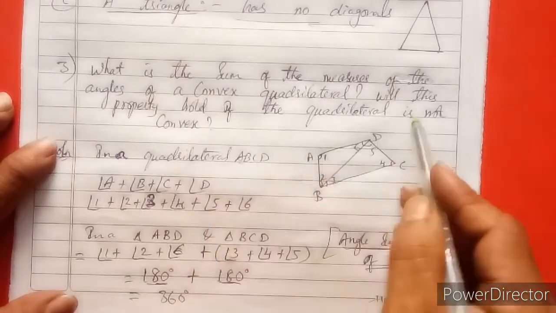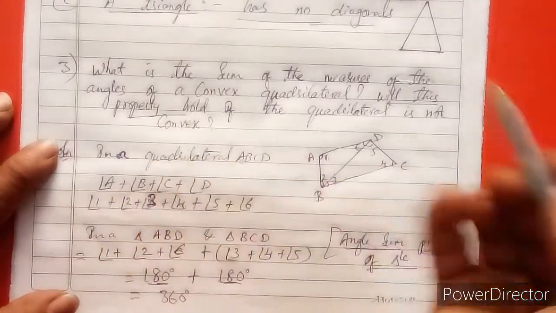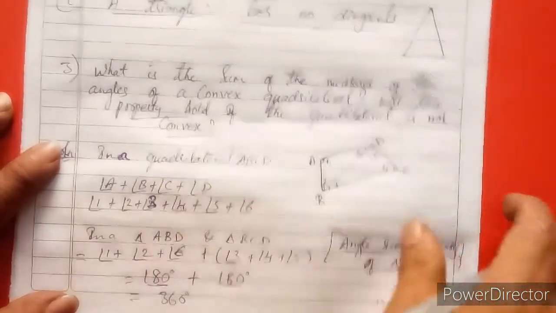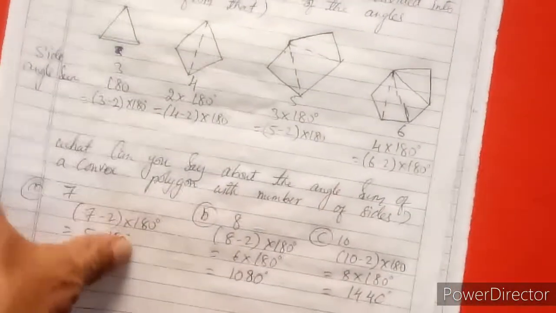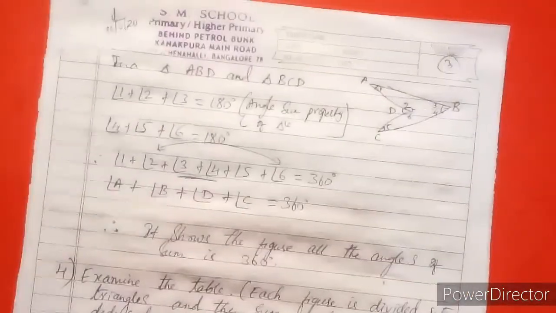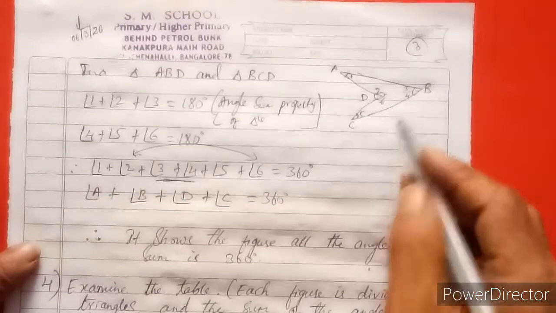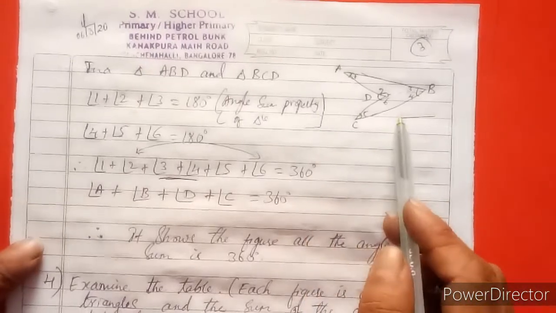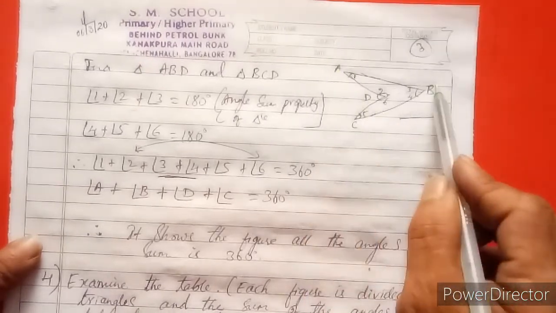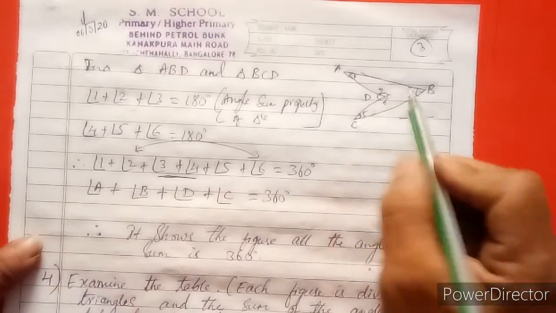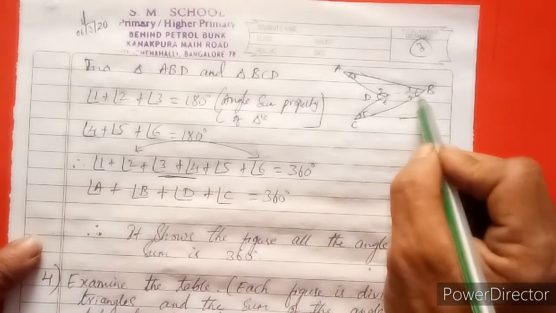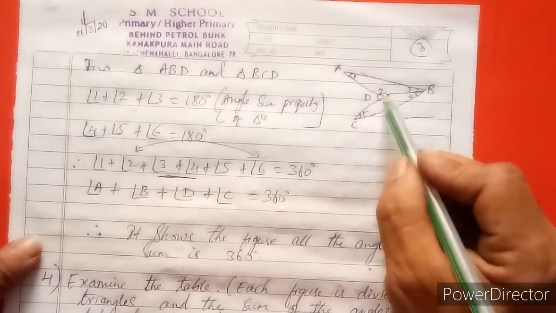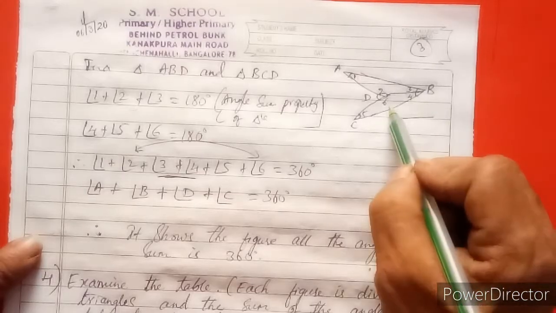And what is given is whether this property will hold or not on a non-convex quadrilateral. So let us see, based on one more figure I have taken here. According to that I will explain. This is also a quadrilateral we have taken, a four-sided figure. Whether it holds or not: say A, B, C, and here D, and the interior line is drawn, with angles 1, 2, 3, 4, 5 and 6.